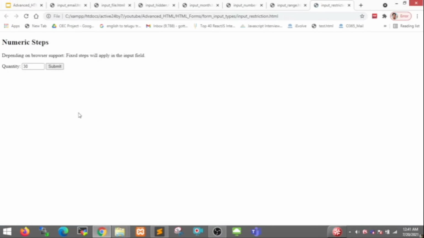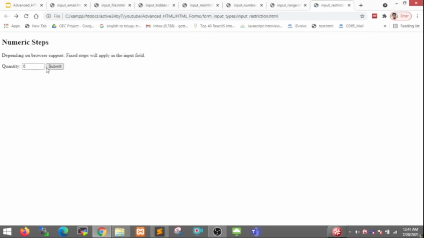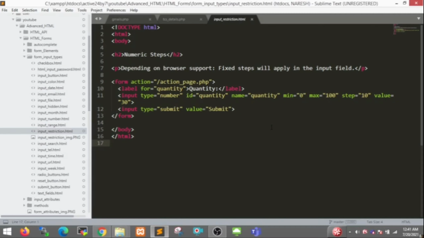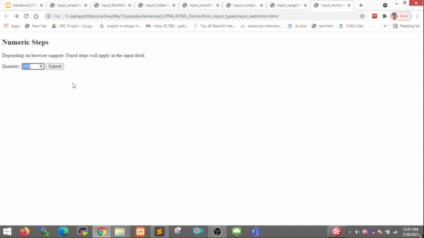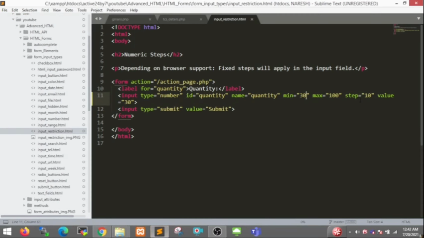So I click on here, my condition is minimum 30. One second. Yeah, max value is 100, it does not increase after 100. Minimum is 0. If you give 30 here, then only minimum 30 is our value. This is the minimum 30 value, and step